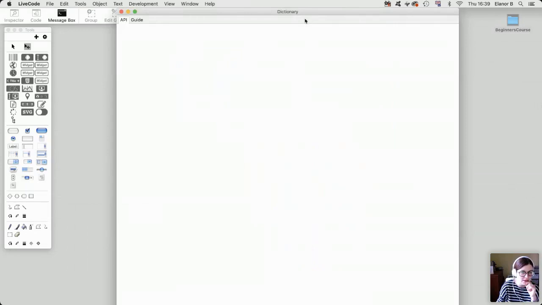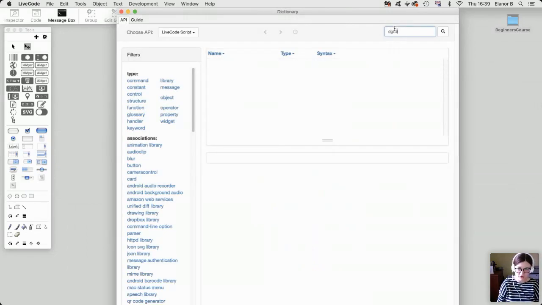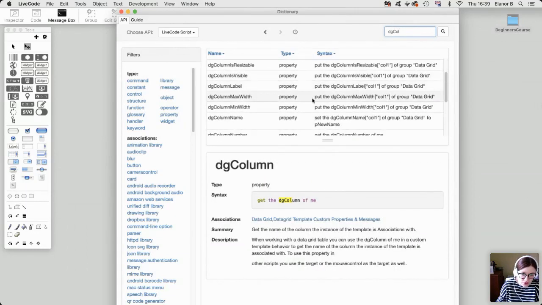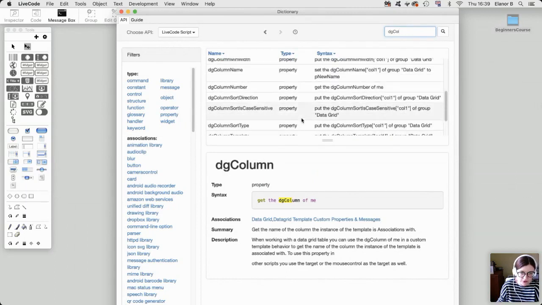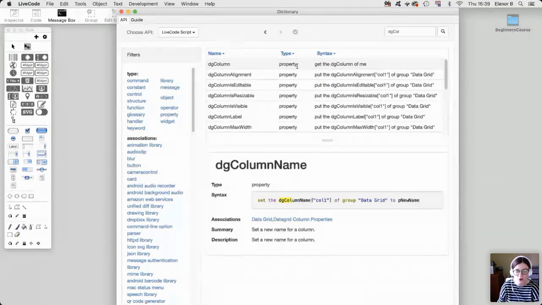If I open up the dictionary, there's a couple of ways you can do it. So there's the DG column names, which I think is a list. Oh no, it's DG column name. So yeah, you can set the DG column name, column 1 of group Datagrid to first name, etc. So there's the DG column names. All the Datagrid properties, I think I say all, pretty sure it's all of them,